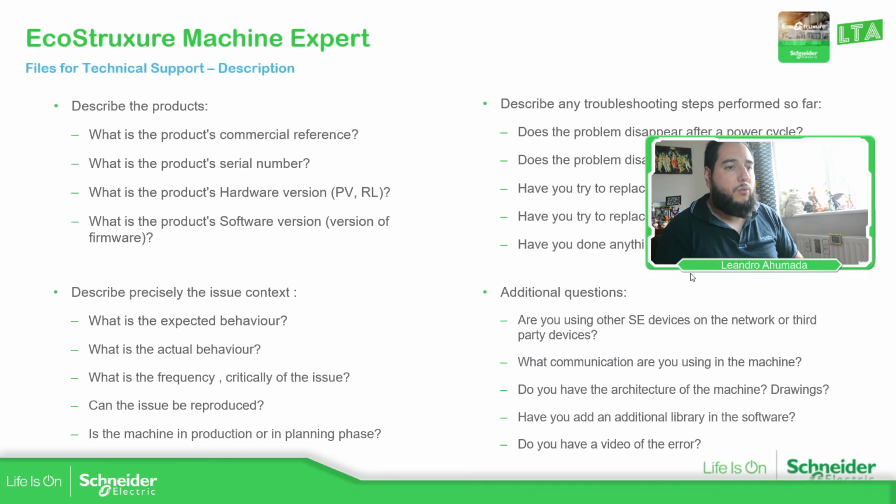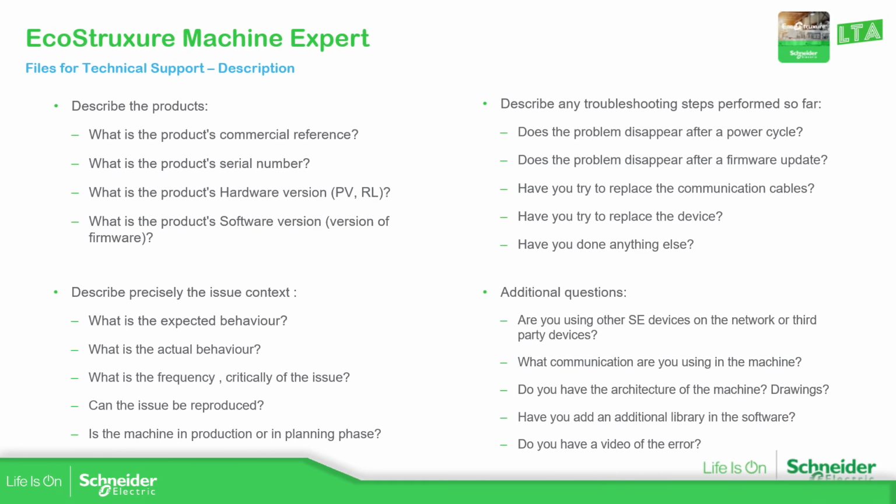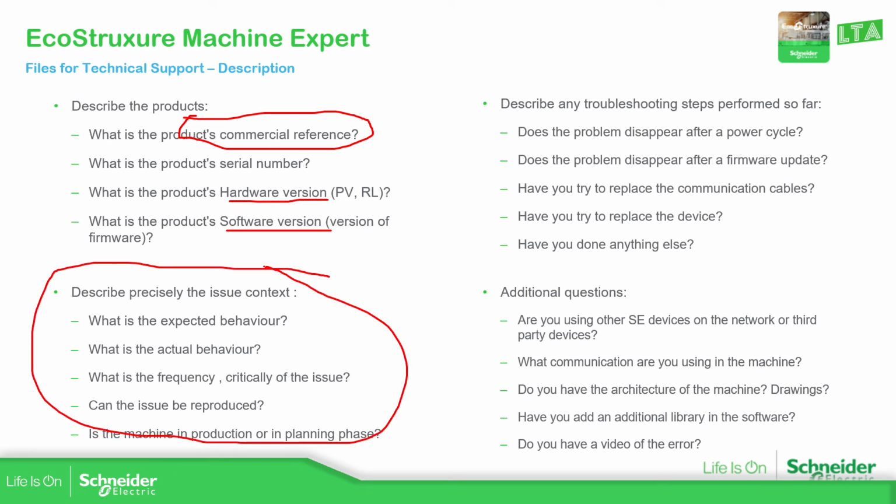And the last thing to do, okay, let me just hide myself, is to prepare some description of what's going on. Okay, so for example, the products, which probably is covered if you provide the project, okay, the hardware version, the software version. This is something important. The issue, to describe the issue: what is the expected behavior, what is going on, whether the frequency is random, and whether you can reproduce the issue,